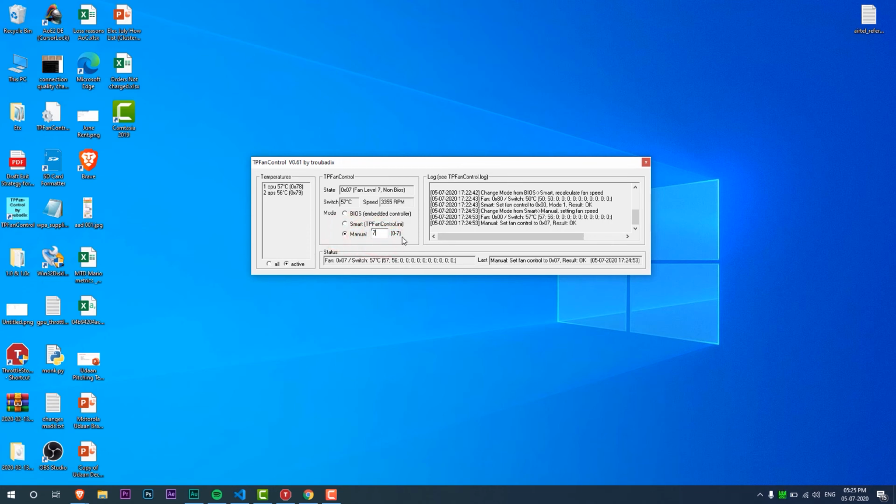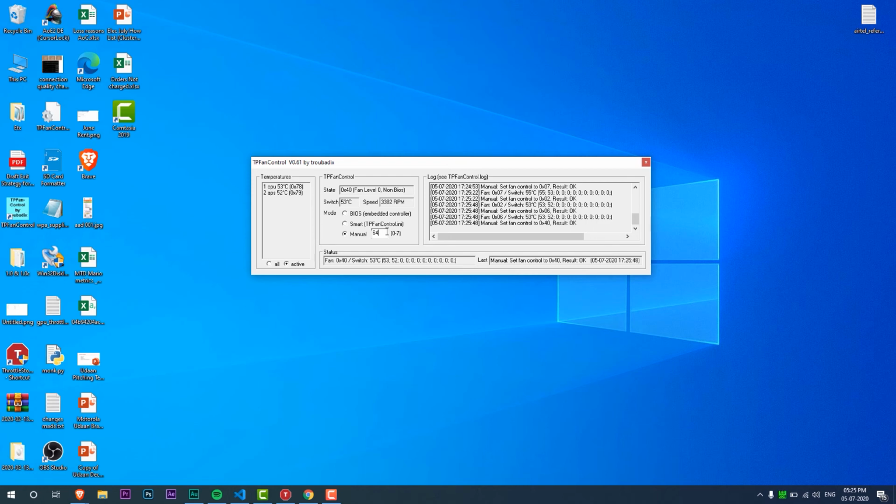So while the range is shown to be 0 to 7 in terms of fan control variables, I can actually add much higher values and it still works. For example, at a manual value of 2, you see the fan speed coming down to close to 2800 RPM, right? Now if I change this value to 64, the fan speed goes up to as high as close to 5000 RPM.